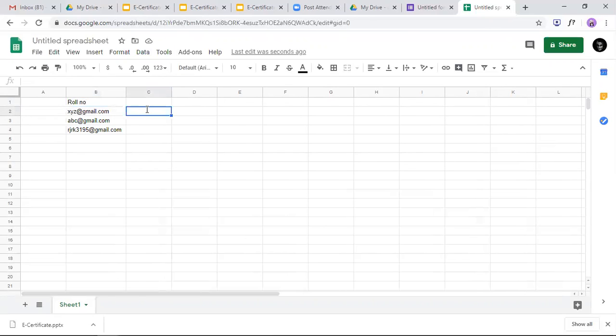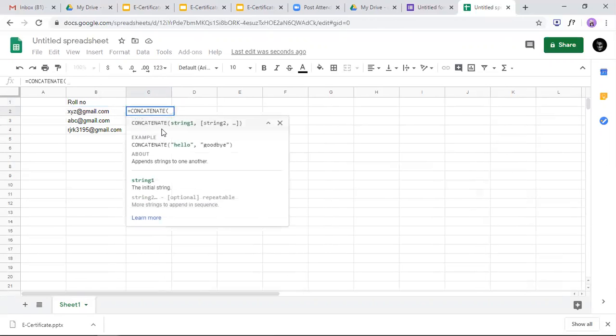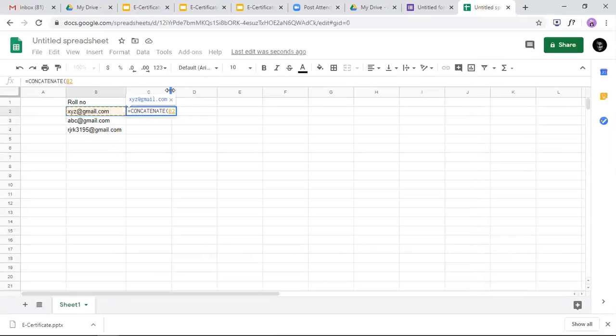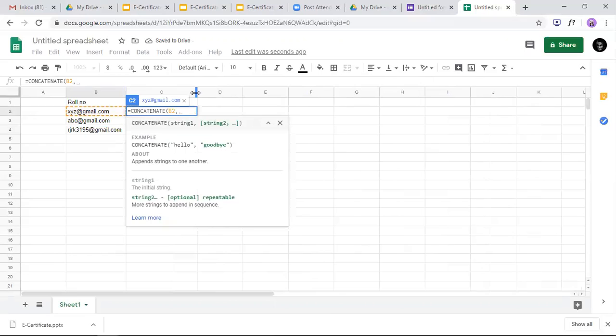Then you just have to come here, equals concatenate. We go there and choose this cell, then comma, and then double inverted commas, and then the or symbol.